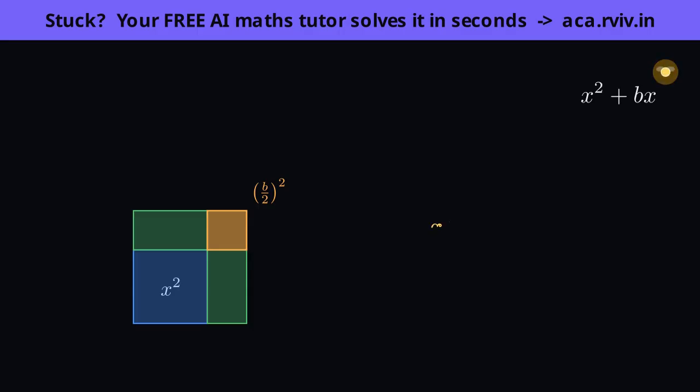So here is the identity the picture just proved, x squared plus bx, plus that corner b over 2 squared, equals x plus b over 2, all squared. Read it right to left and it says any perfect square expands into an x squared, a middle term, and a constant. Read it left to right and it says, the direction we care about, that if you're handed x squared plus bx, you can always force it to become a perfect square just by adding the right corner, b over 2 squared. That single identity is the whole trick of this chapter, and everything else falls out of it.